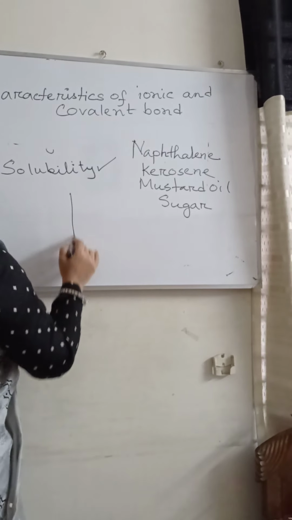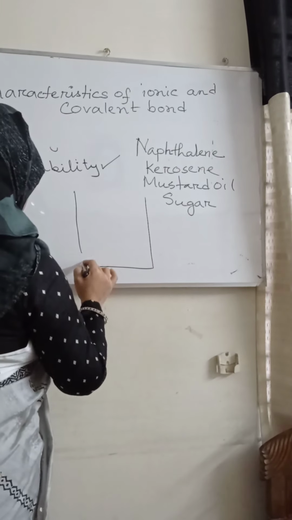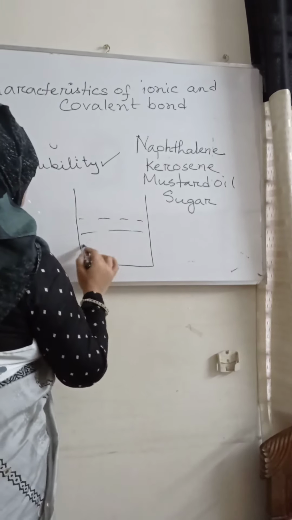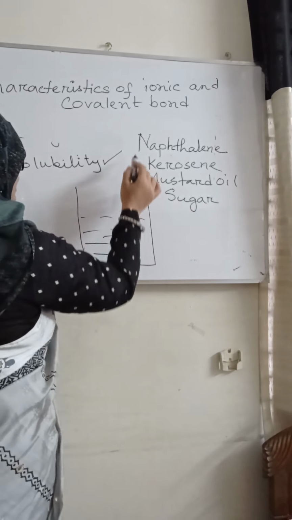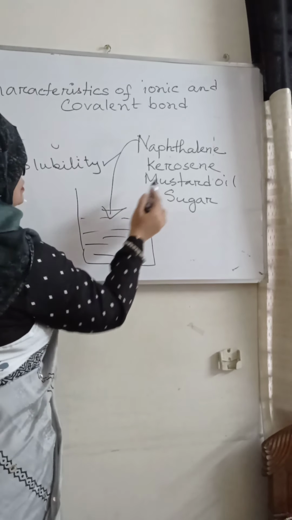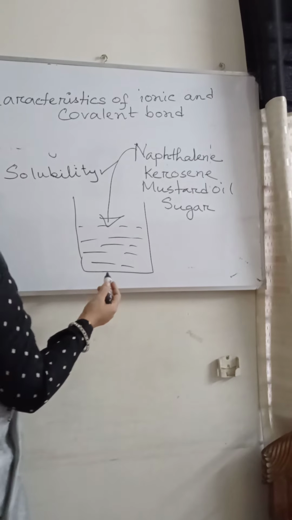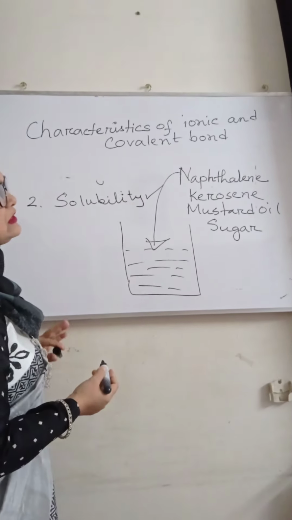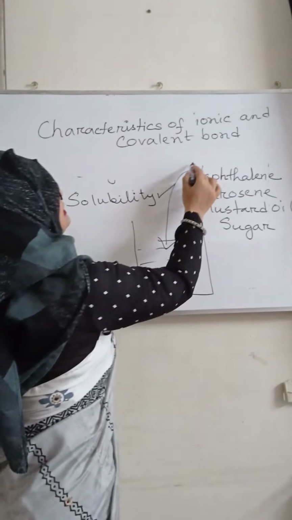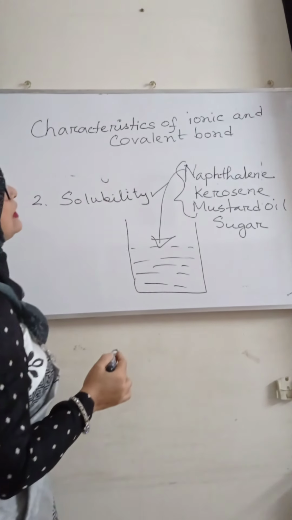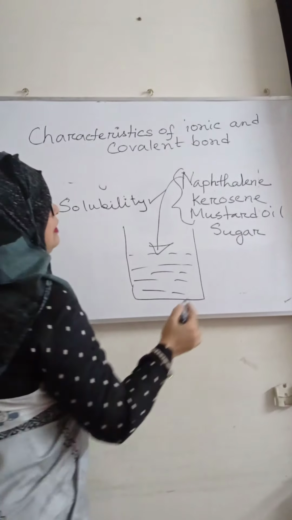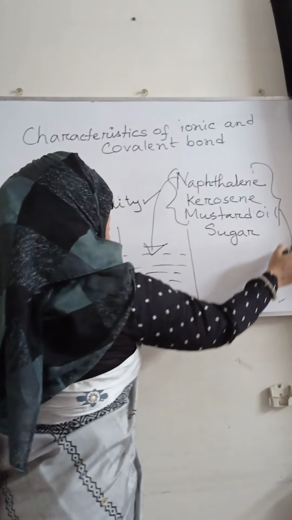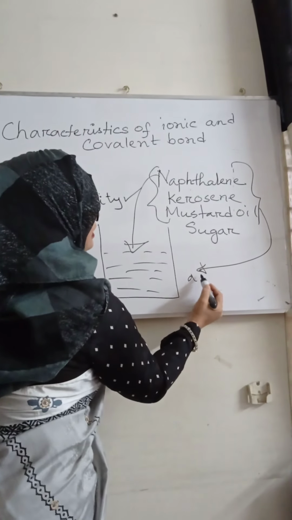Now I will take a beaker with water and try to add these compounds one after another. And from this experiment, I will see that naphthalene, mustard oil, and kerosene are not soluble in water,